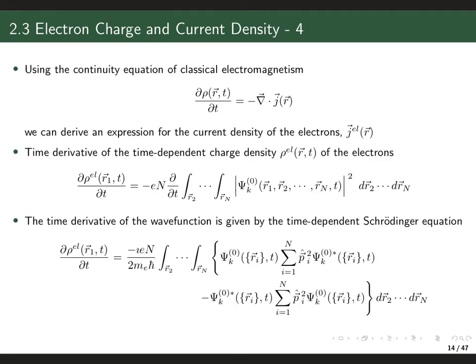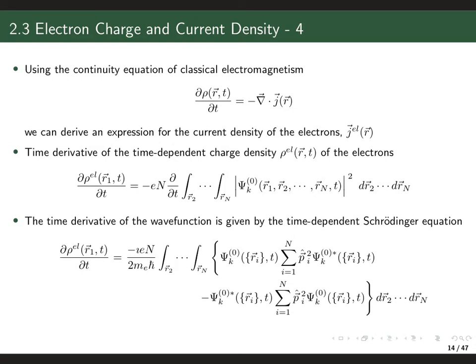The second quantity which we want to introduce here is the current density. And in order to derive an expression for the current density J, here J of R, that is the density of the electric current at each point in space. And you can see this is of course a field because it depends on where in space I am. But in contrast to the charge density or the density, which is a scalar, the current density is a vector, which makes sense because it has a value and it has a direction, and that is the direction in which